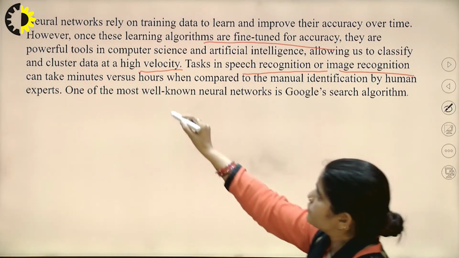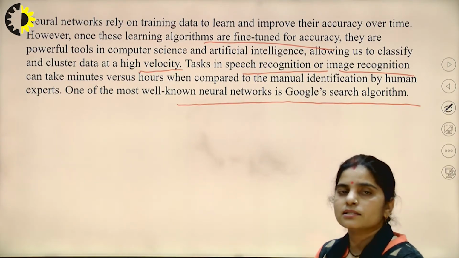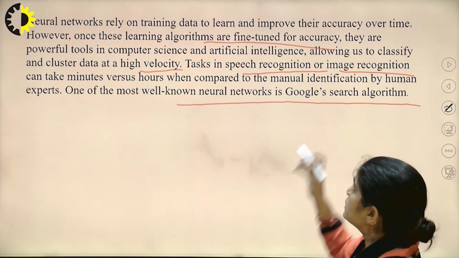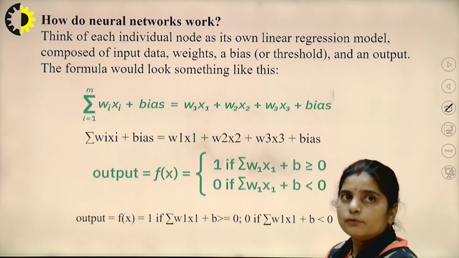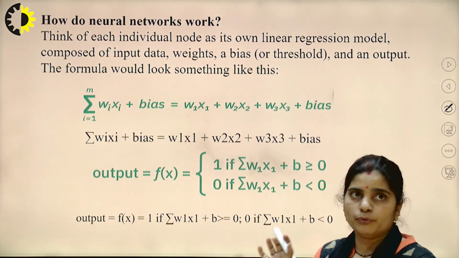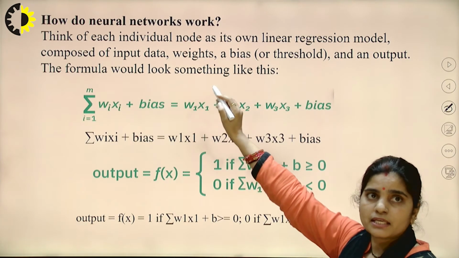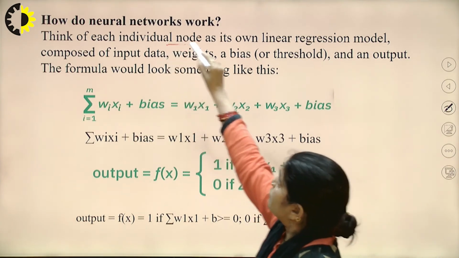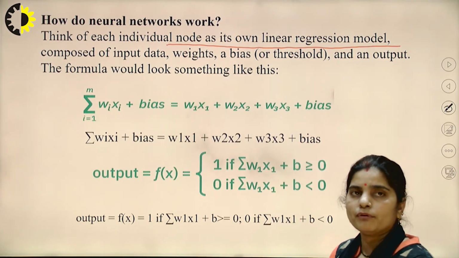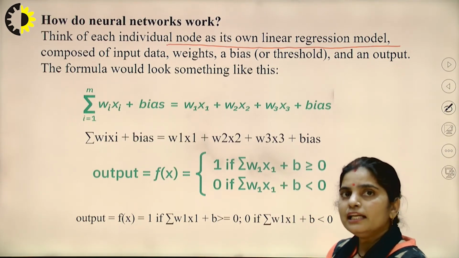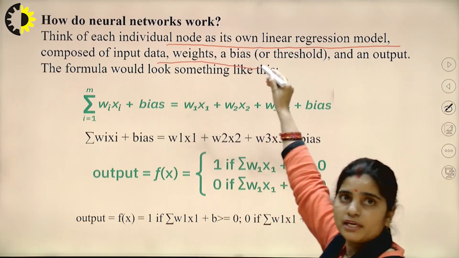One of the most well known neural networks which we realize in our current trend is the Google search algorithm. Now, the basic working of a neural network: how do neural networks work? First of all, think of each individual node as its own linear regression model, which is composed of input data, weights, a bias